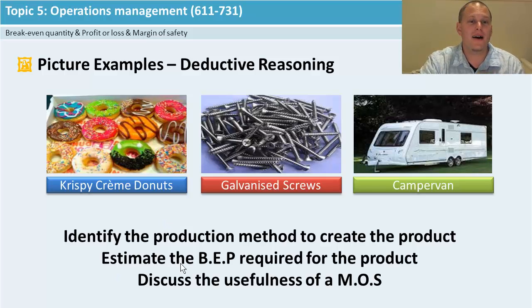All right. Identify the production methods. Krispy Kreme, these are most likely done in batches. Galvanized screws, most likely done in mass. And the camper van, most likely done in job. The break-even point for these ones, I'm guessing your break-even point for your donuts is coming pretty early